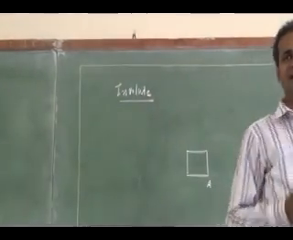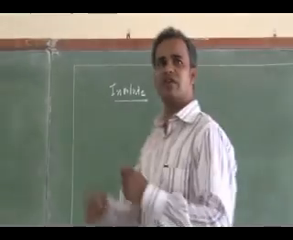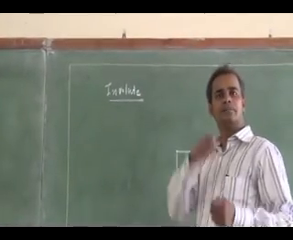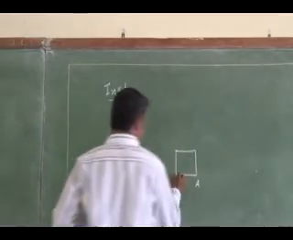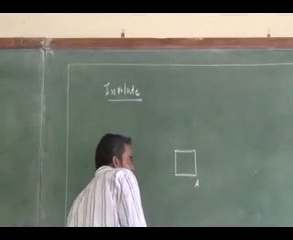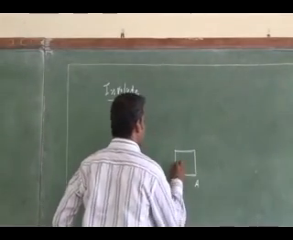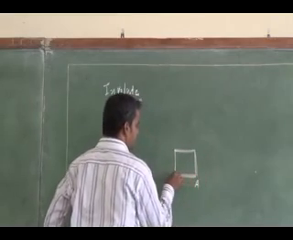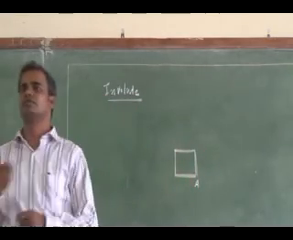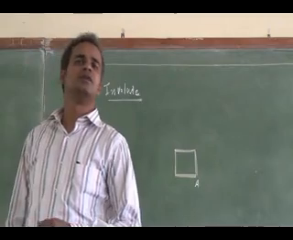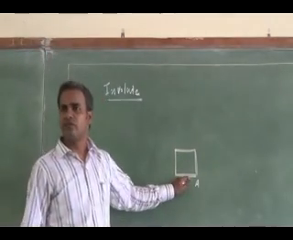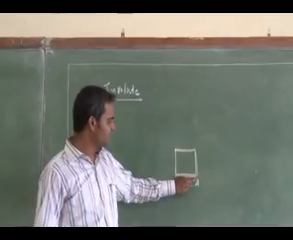Circumferentially over the square, I have a thread. Suppose I have a thread on the circumference of the square, tightly tied with a thread. Okay. We assume that if I am keeping this